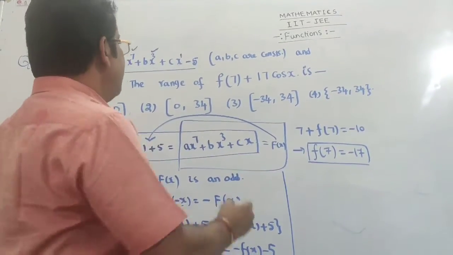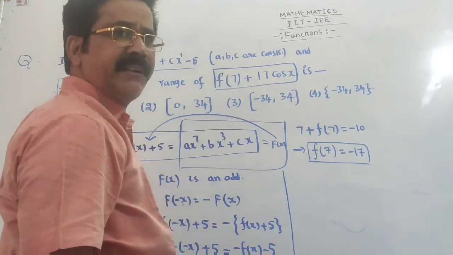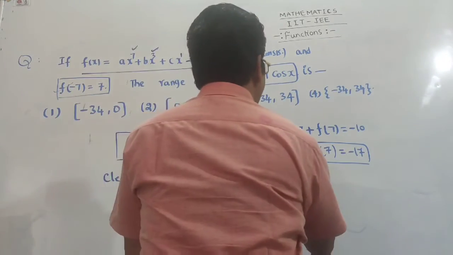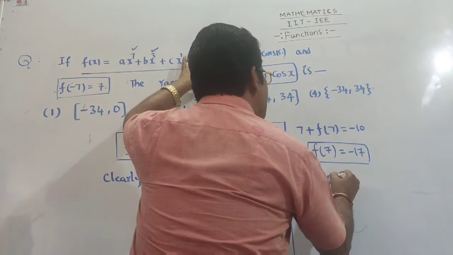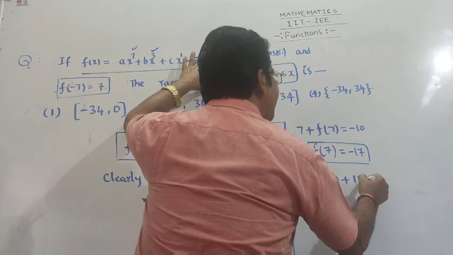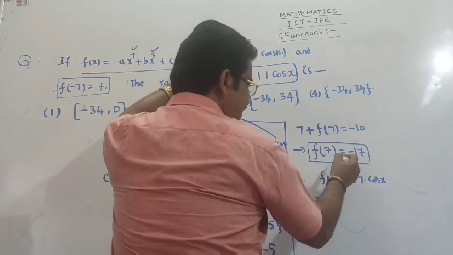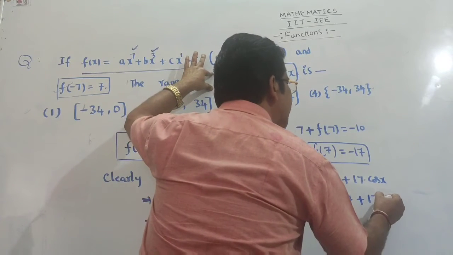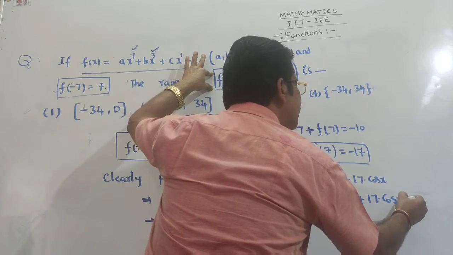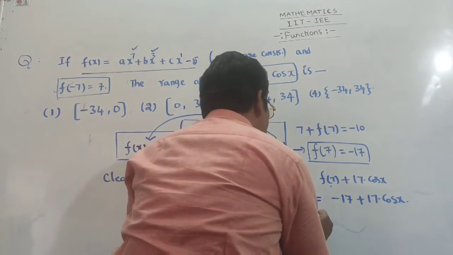Okay, what is the question? Find the range of f(7 + 17 cos x). So the given function f(7 + 17 cos x) is equal to, what is f(7 - 17)? Minus 17 plus 17 cos x. Now therefore